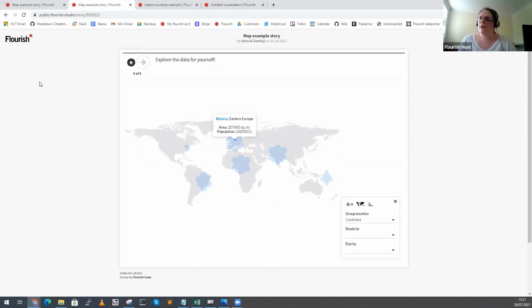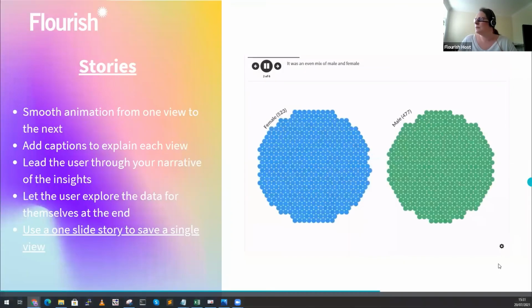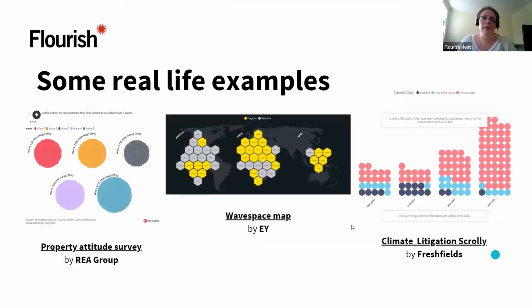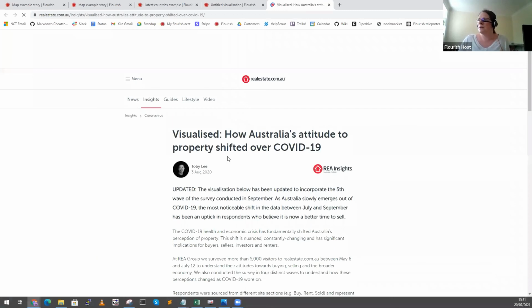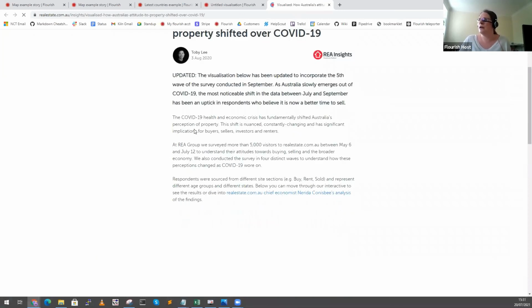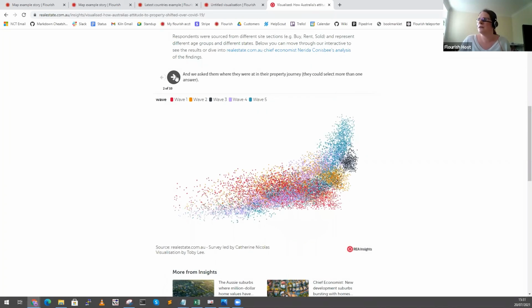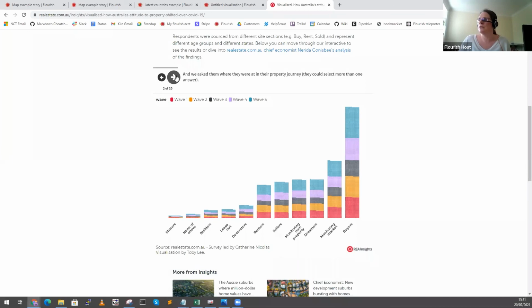So let's go back to the presentation. And then I just wanted to show a few real world examples from some of our customers. So for example, this is by the REAR group, looking at attitudes to Australian property. So you can see how they've walked people through